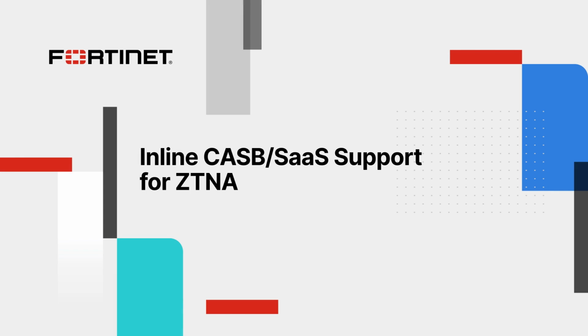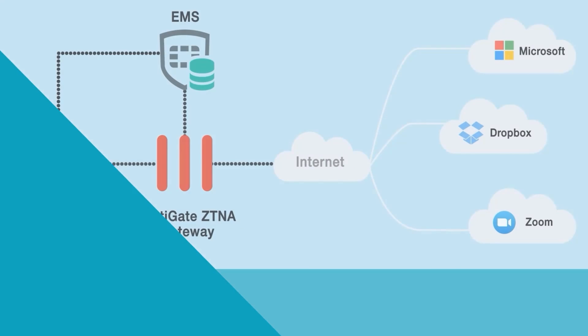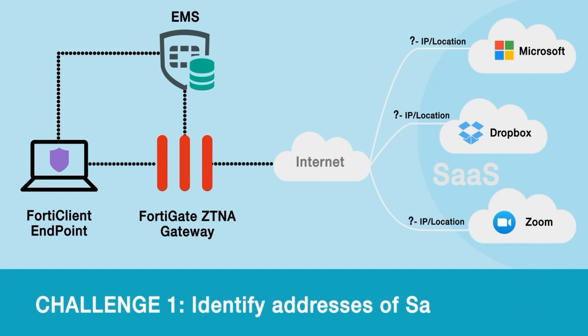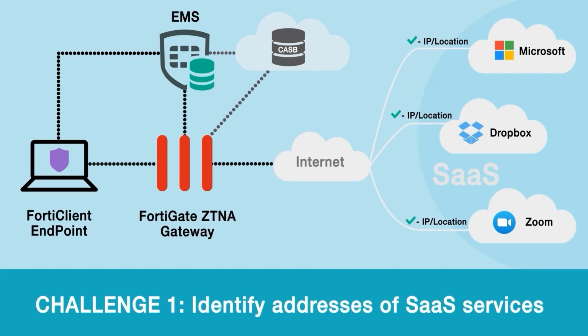Let's look at how ZTNA can be used as an inline cloud access security broker, or CASB, to protect SaaS applications. When protecting SaaS applications, it can be difficult to dynamically identify the addresses and locations of various SaaS services. With the FortiGuard Inline CASB database introduced in FortiOS 7.2.1, both FortiGate and FortiClient can access this database to determine